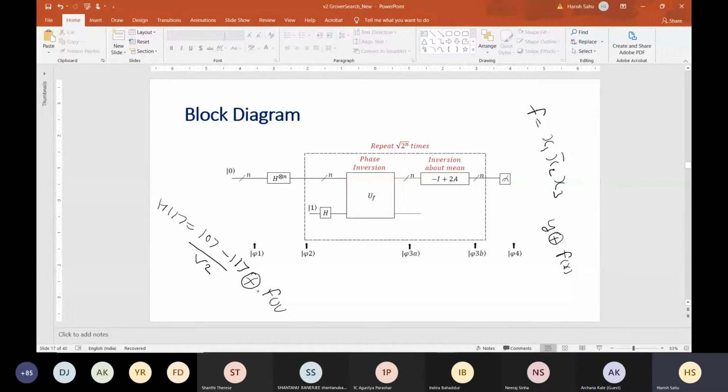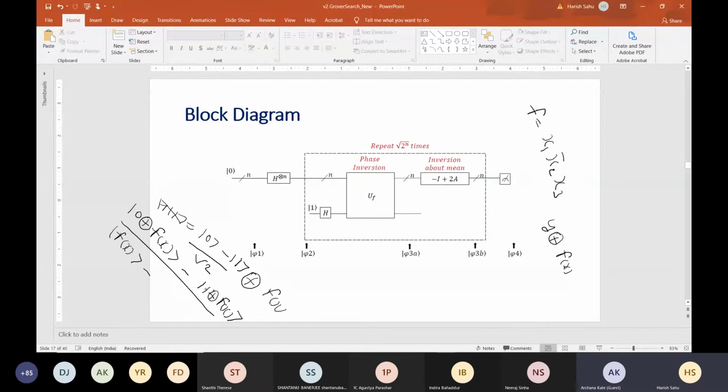So this XOR will go inside. What will our y become? y will be (0 XOR f(x) minus 1 XOR f(x)) upon root 2. Something XOR with 0 is something only.